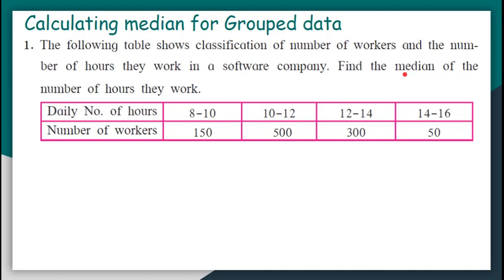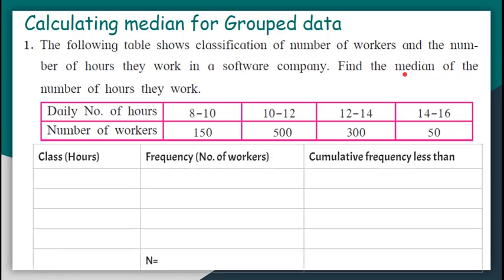In order to solve this question, the table that you need to draw is this. So please draw the framework of this table. You can already get ample amount of information from the question. Try to fill up these 3 columns. ये दो तो आपको question से ही मिल जाएगा. Also try to fill up the cumulative frequency less than type. Pause the video, solve it yourself. Okay, let's move ahead and check the table.